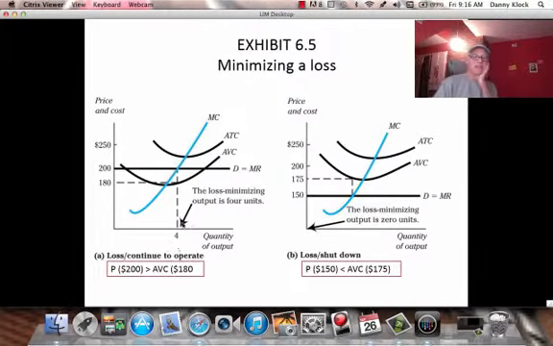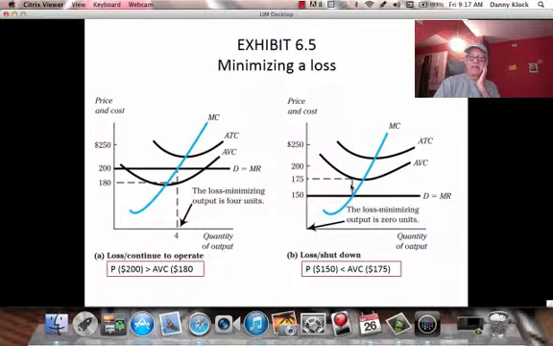Again, you can take a look at this on the Excel spreadsheet that we did last week to verify this. So this firm should keep going in the short run. In the long run, if this continued for a long time, then it would have to shut down. And again, some of the quiz questions will talk about average cost instead of average total cost, but basically the same thing. In the long run, we need to have average cost equal price for things to be able to continue on in the long run, be profitable.